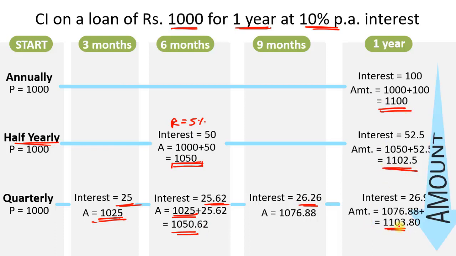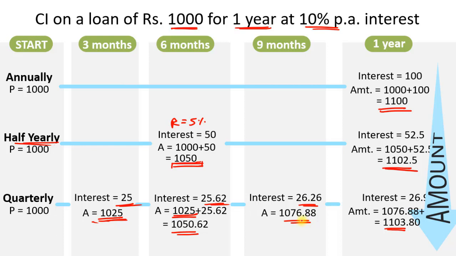The higher the number of compounding periods, the greater the amount of compound interest, as frequent addition of interest to the principal will make the outstanding amount also increase at a higher rate. Here the outstanding amount is also increasing at a higher rate, right? Outstanding amount is increasing quickly, so overall interest on the higher amount will also be higher. So this explains the concept of compounding periods.